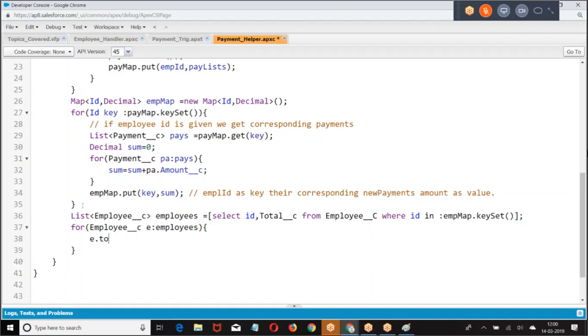E dot total equal to E dot total plus what is the new amount we got? EMP map dot get off. Then we make update. First, let me show the output. At least you get some idea.